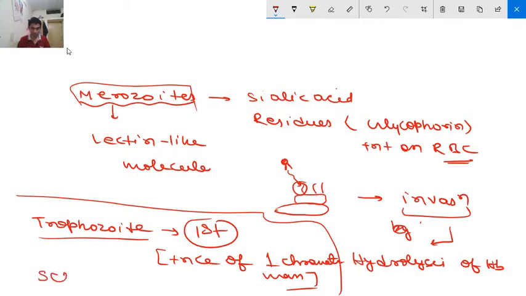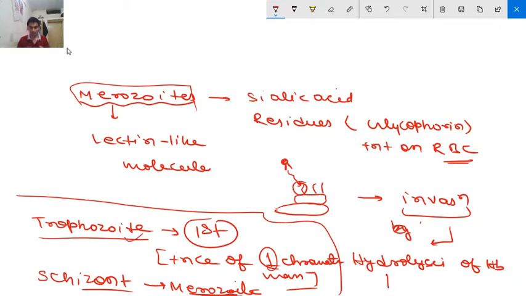The next is your schizont. Okay, this is the next stage having multiple chromatin masses, whereas the trophozoite has one chromatin mass. In the schizont there will be multiple chromatin masses, and each of which will develop into a merozoite. Okay, each of the chromatin masses basically is responsible for the formation of new merozoites. Clear? Okay, so within the RBC, the merozoite will convert into a trophozoite, that will lead to formation of the schizont, and ultimately